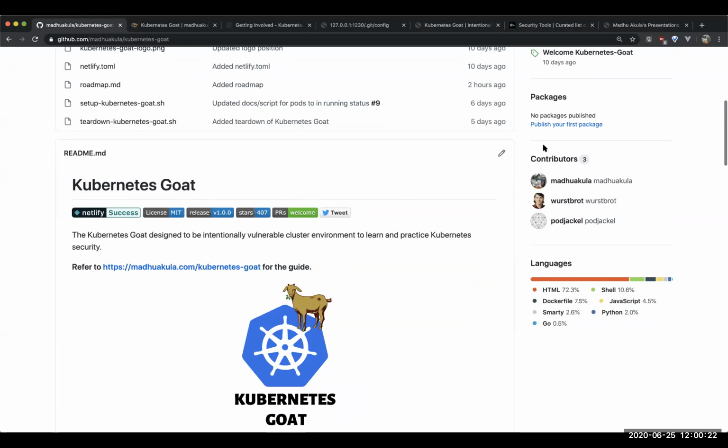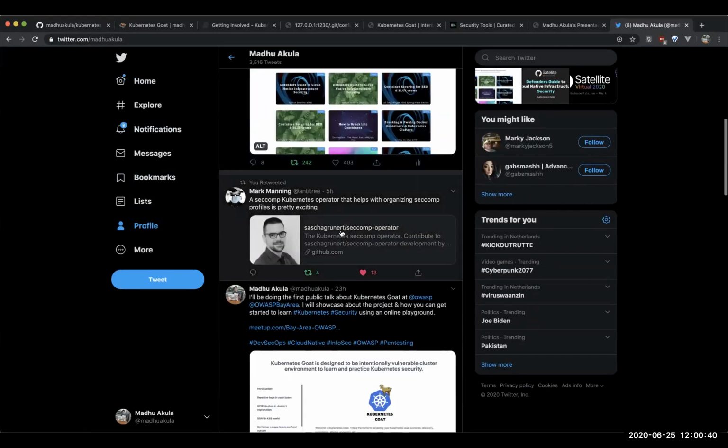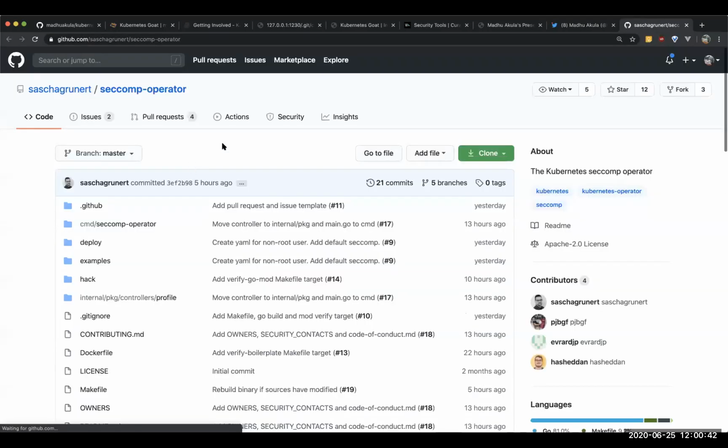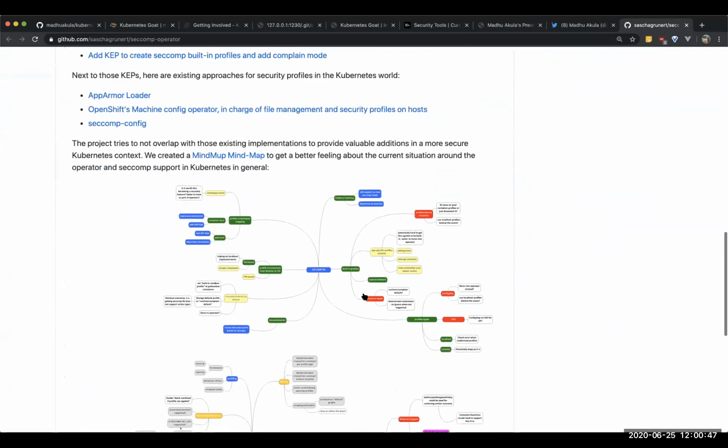Any specific recommendations on LSMs? Yes. For Linux security modules, Kubernetes has built-in support for AppArmor and Seccomp. And indeed, today on Twitter, I saw a very good tweet. I will try to share it. Yeah, the Seccomp operator also, which maybe you can definitely try out. I'm not sure, this is maybe pretty early. So you can apply these Linux security modules for Kubernetes as well as Docker in the security context. But indeed, by default, it supports AppArmor as well as Seccomp.